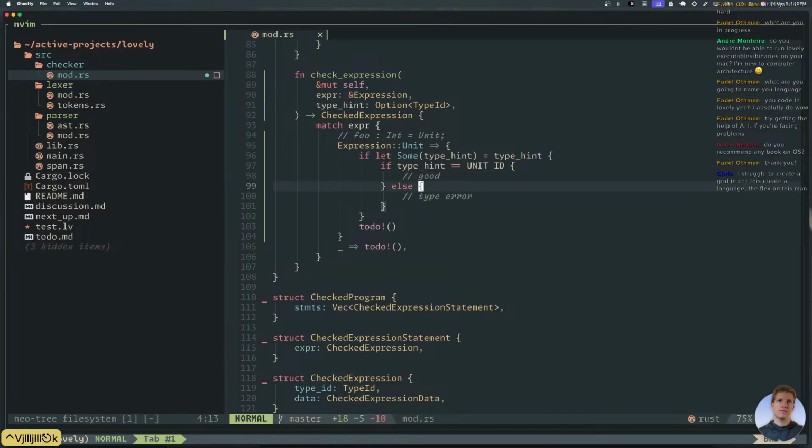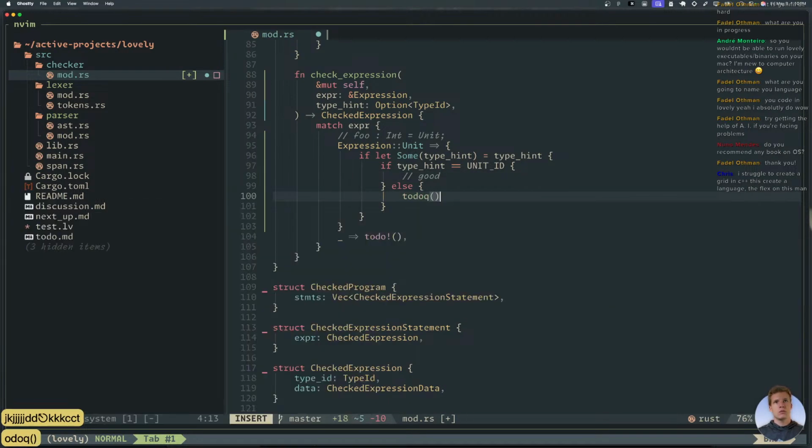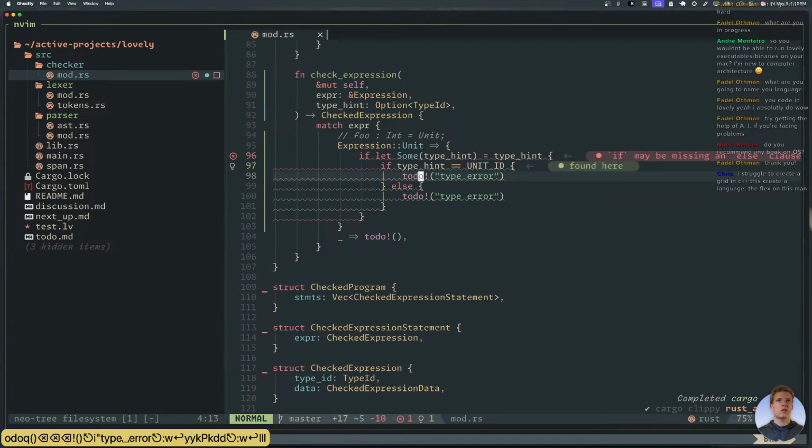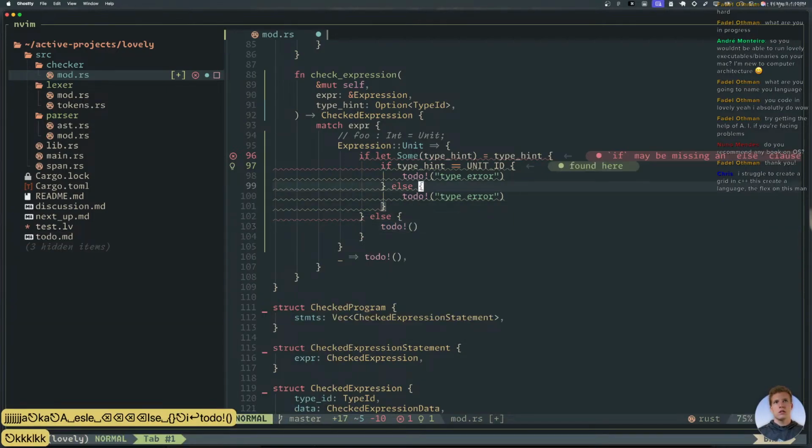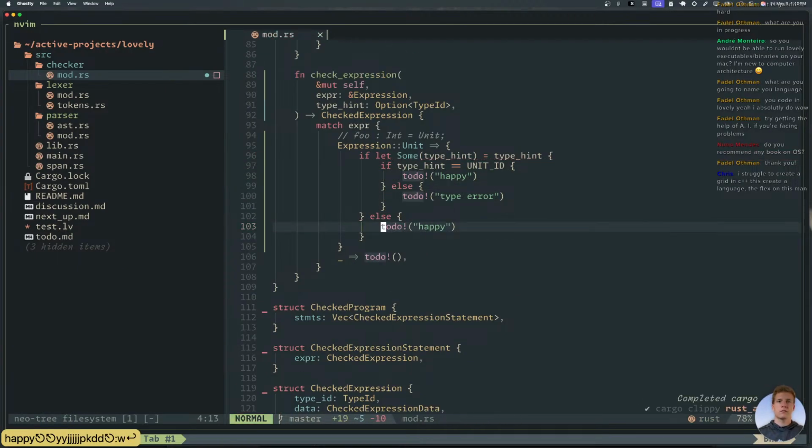But yeah. All right. So we don't really need this. We'll just make this a to-do. Type error. And make another one up here, which is like to-do. Oh, we need another else. This actually isn't a type error. This is also happy here. So this means there was no type hint, like there's nothing we were trying to satisfy, and so this is fine. You can use a unit whenever you want, as long as you're not expecting something else, right?